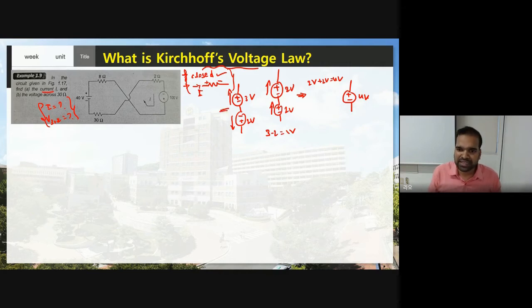Then what would be the resultant source here? Because we need to replace these two voltage sources with an equivalent voltage source, right? Which one is the higher one? Plus to minus, you need to consider the higher one, and the value is 1 volt. Clear. Now in order to solve this problem, I am going to use this concept. Now this circuit seems somewhat difficult to understand, so I am going to redraw this circuit.